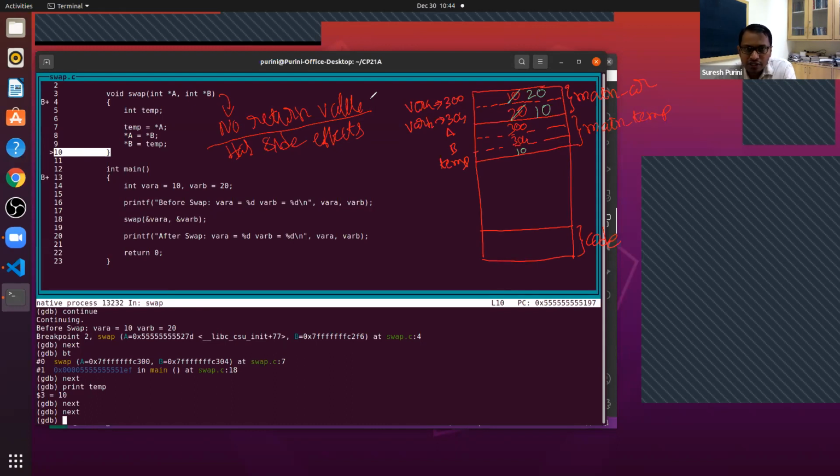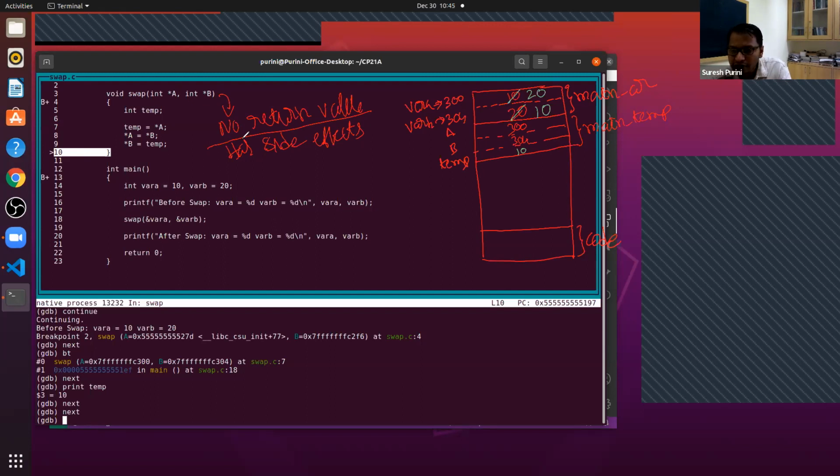Before I take questions, I want you to understand this. This function swap has side effects, it doesn't have a return value. Philosophically speaking, in the programming languages world, some people don't like functions with side effects. In mathematics, do functions have side effects?